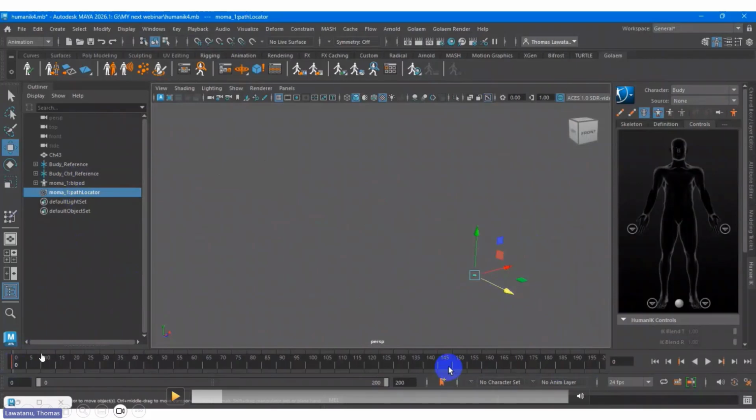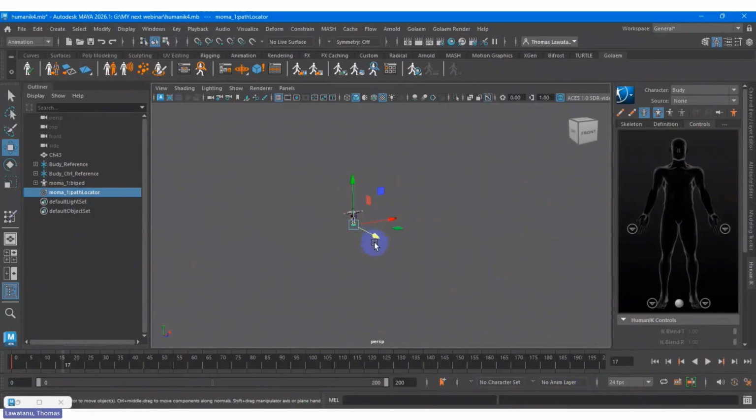Let's say the frame range is 200 frames. I want to create the motion in 200 frames. This is the first frame, you put the key, and then you go to the last frame, the end of your frame, and set the animation key by pressing S.